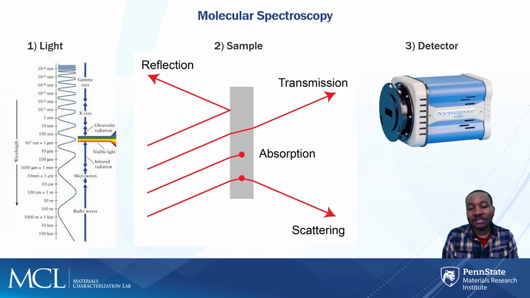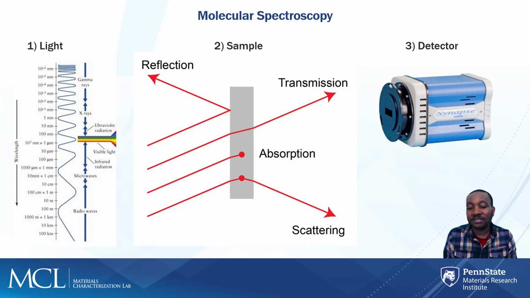And just to start off with, I'm going to give you a little bit of an introduction to molecular spectroscopy. In molecular spectroscopy, we use light of various wavelengths, and we see how that light interacts with matter. So basically, we have light, and we place a sample between the light and a detector. In the case of infrared spectroscopy, this could be either a mercury cadmium telluride detector or a deuterated triglycine sulfate detector. And then we look at how that light interacts with our sample, whether it's transmitted, whether it's scattered,